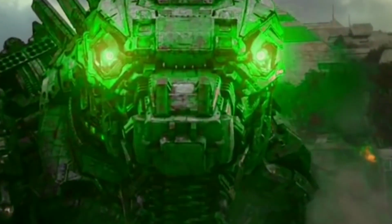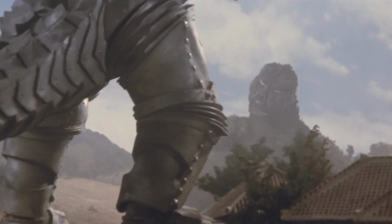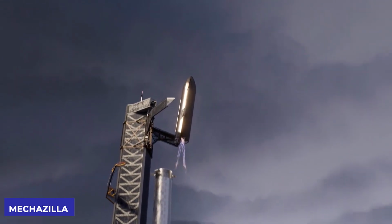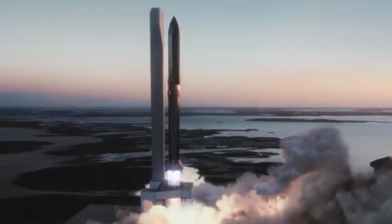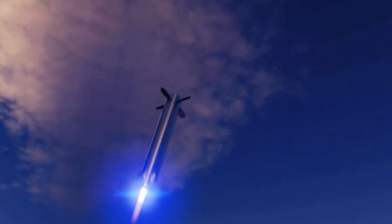Inspired by Mechazilla, a robotic replica of Godzilla that fought with the original in the 1974 film Godzilla vs. Mechagodzilla, Elon Musk created the Mechazilla, a new launch tower that serves an autonomous purpose in rocket launch operations for SpaceX. But people in the space community have been talking about whether this Mechazilla catcher and the Super Heavy